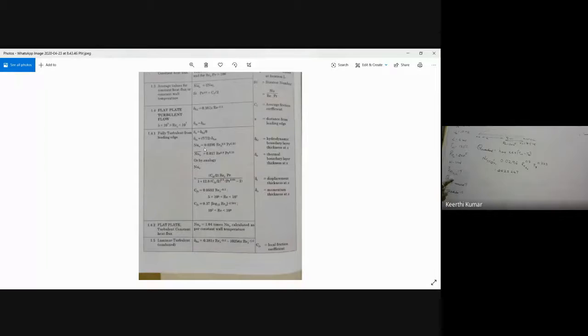The formula we are supposed to take only for the turbulent flow. Next, after taking the Nusselt number, we know the Nusselt number formula again. Nusselt number is equal to hL by k, that is nothing but h into x by k. So we'll get h from this. I got the value of h as 21.48 watts per meter square Kelvin. Clear?